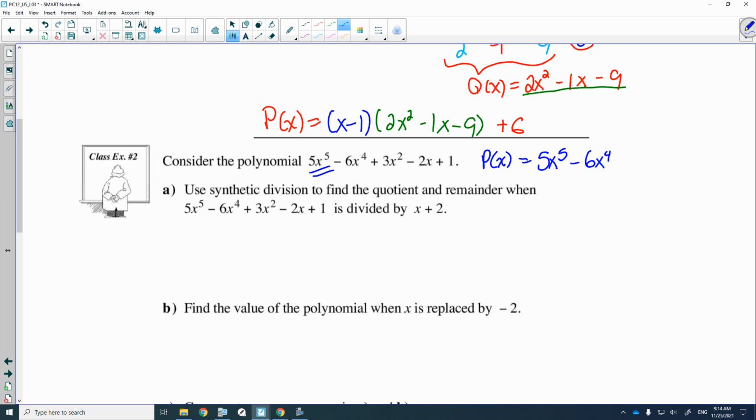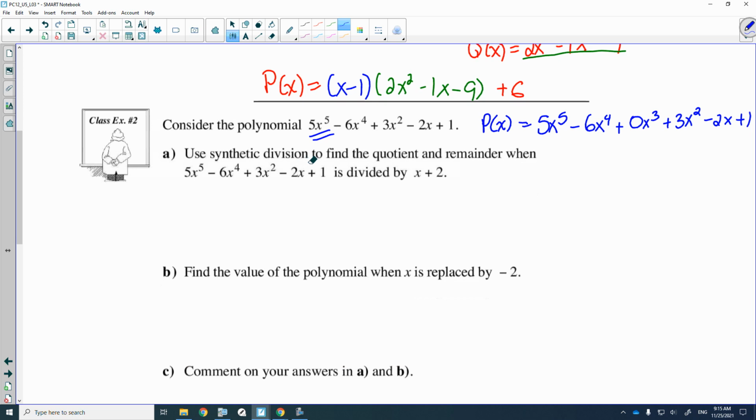We're missing an x cubed, so that will be my 0 placeholder, plus 3x squared minus 2x plus 1. Upside down division bar. The first row is filled out with the coefficient of each of these terms. So 5, negative 6, 0,